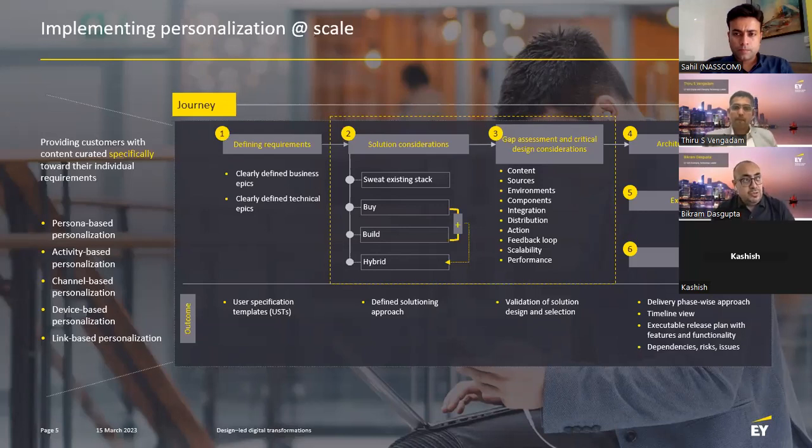Sahil, your initial requirement is the main part, where you have to understand what your requirement is, and therefore what data attributes you need for it. Often we have seen that we take a lot of data, but it is not required from a business point of view. So calibrate at the first level: if you're really doing it on a persona basis, you don't really need an individual's data. You can have group classifications by age, by region, and so on. So you don't really need personal information for that.